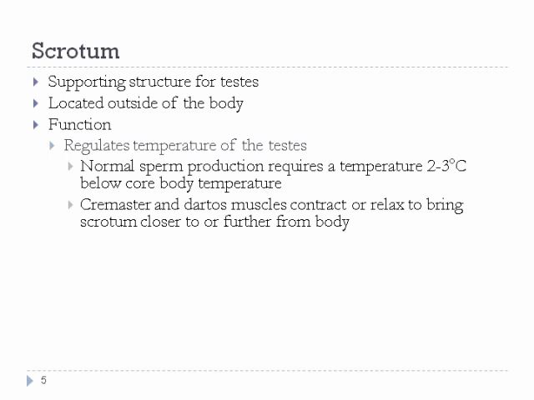So the testes are located in a structure called the scrotum. The scrotum is a supportive structure for the testes, and so the scrotum holds the testes outside of the body. Now the testes produce sperm, and normal sperm production occurs at a temperature just slightly below core body temperature, about 2 to 3 degrees below core body temperature. And so the scrotum holds the testes outside of the body so that we can